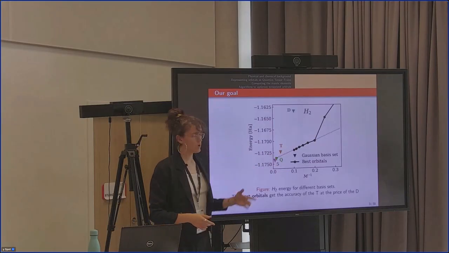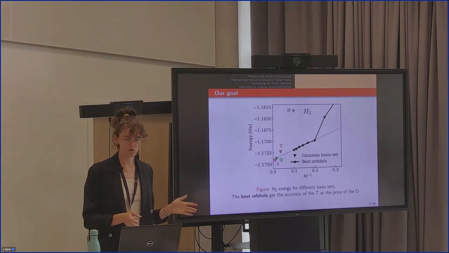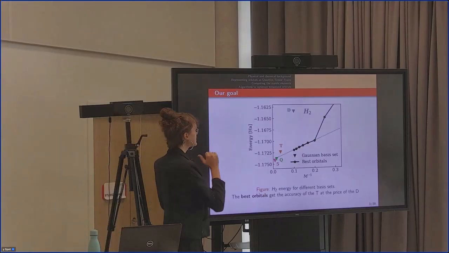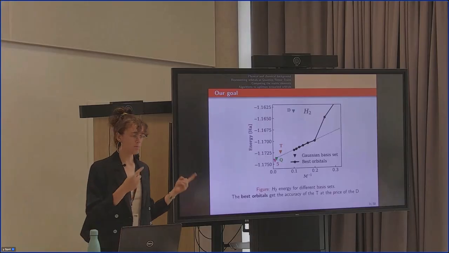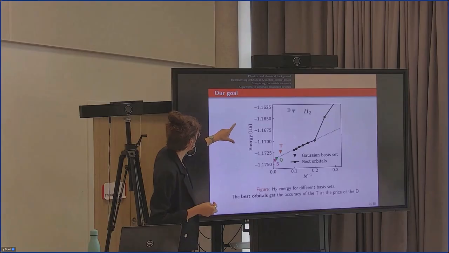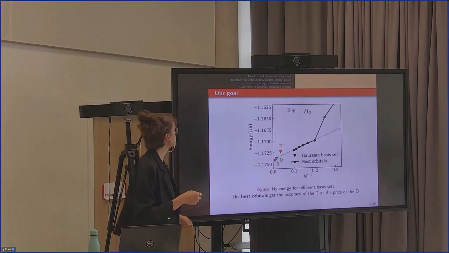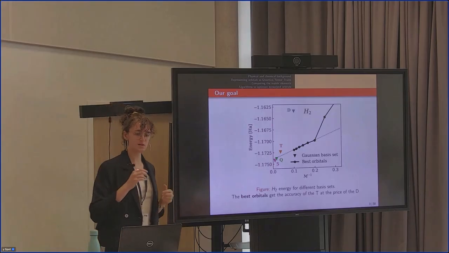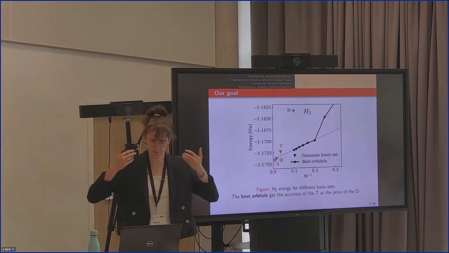Here, the black ones are orbitals that we managed to compute with the methods we developed. I'm going to detail how we develop them later. But the important part is that there is the same number of orbitals, which means the same cost to compute the ground state, but we have an accuracy that's much better. We gain almost more than 10 orders of magnitude on the final energy, which means that we pay the same price, but we get the accuracy of a much larger basis set, which is basically what we want.